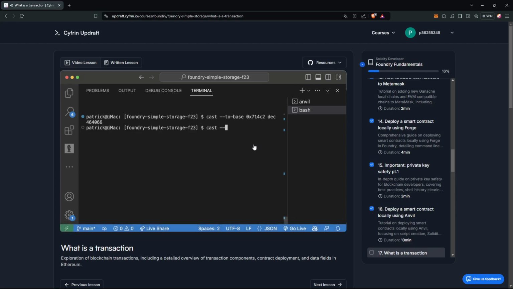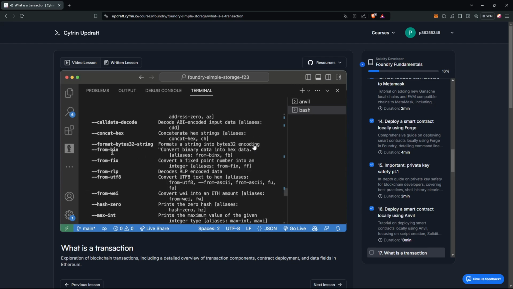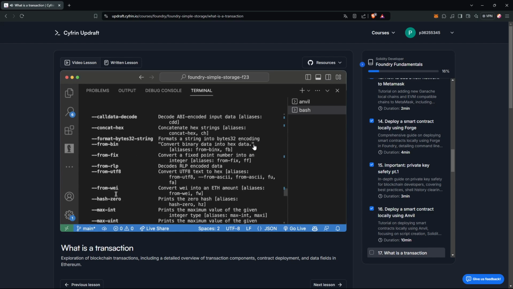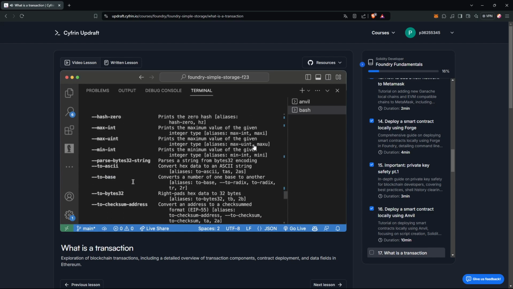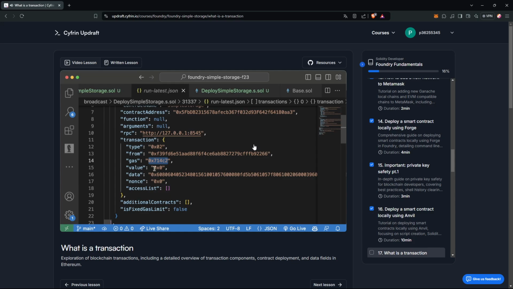If you do cast --help, there's some other ways to convert different units to each other, like from wei, bytes32, and some other stuff. But to-base is going to be one that we're going to use a lot. So we have the gas, we have the value with the